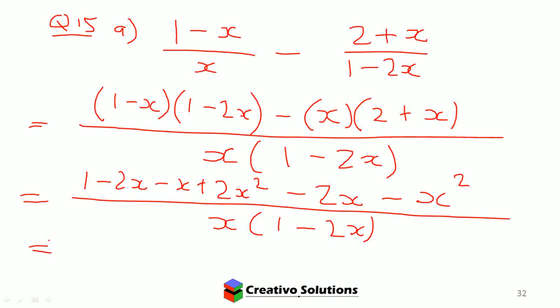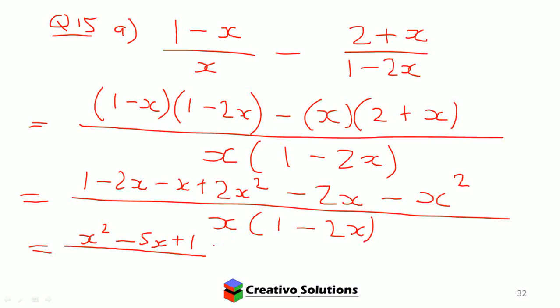Next step would be to group the like terms together. So I've got a 2x squared here, and I've got a minus x squared there. So 2x squared minus x squared is x squared. Then I need to look at the x's. So I've got minus 2x minus x is minus 3x. Minus 3x minus 2x is minus 5x. Then I need to look for numbers. The only number that I can see here, apart from x squared and x, is the 1. Plus 1. And that'll be all over